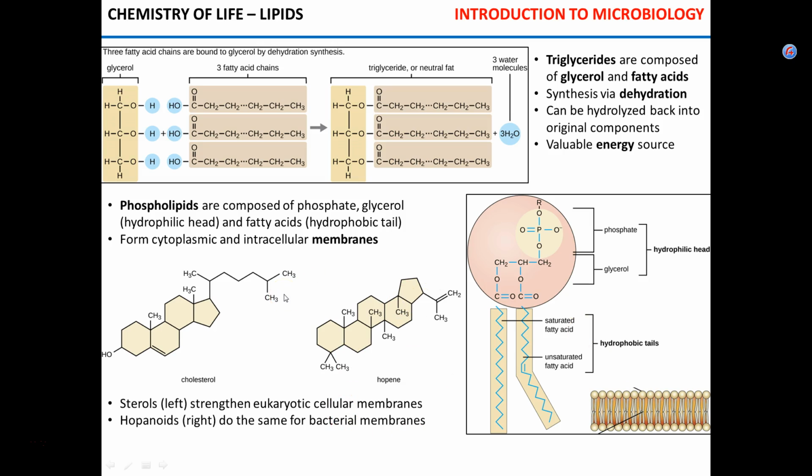Now, cholesterol and hopanoids. So sterols and hopanoids are molecules that regulate the strength, the rigidity of the cellular membrane. Sterols can be found in the membranes of eukaryotic cells. Hopanoids can be found in the bacterial membranes. Okay? Now, any idea why